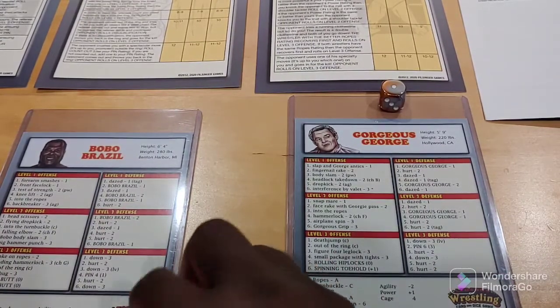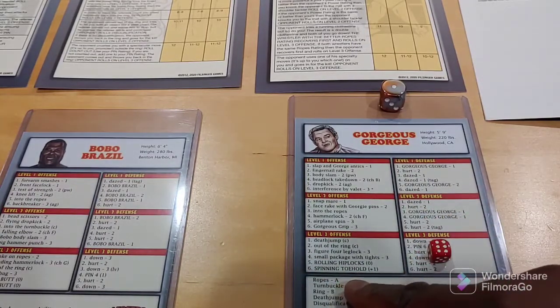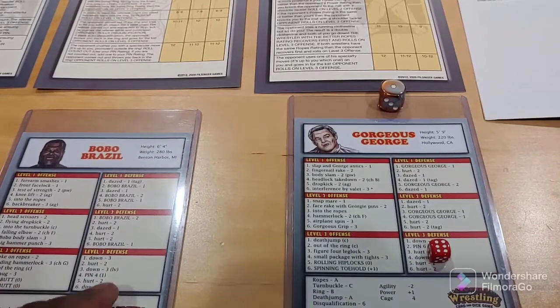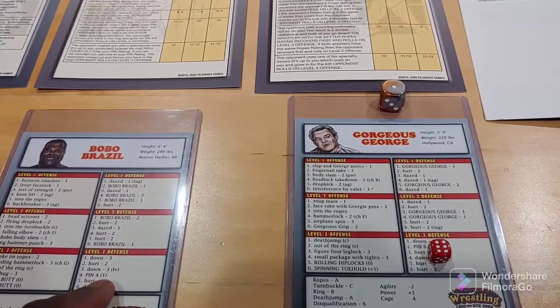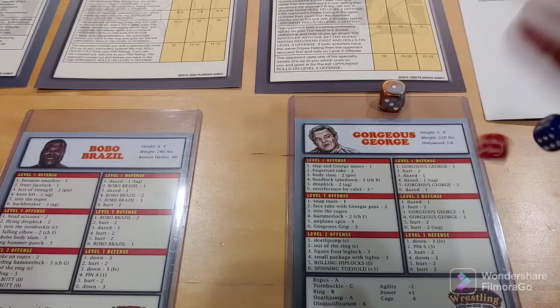Oh, he's going for the spinning toe hold. So here's the thing. Gorgeous George, now on level 6 offense, rolled a spinning toe hold. So that adds a +1 to Bobo Brazil's pin rating. So we look at Bobo Brazil's pin rating. It's a 1, and then Gorgeous George is adding 1. So we need to roll a 2 or less to try and pin Bobo Brazil here to get him to